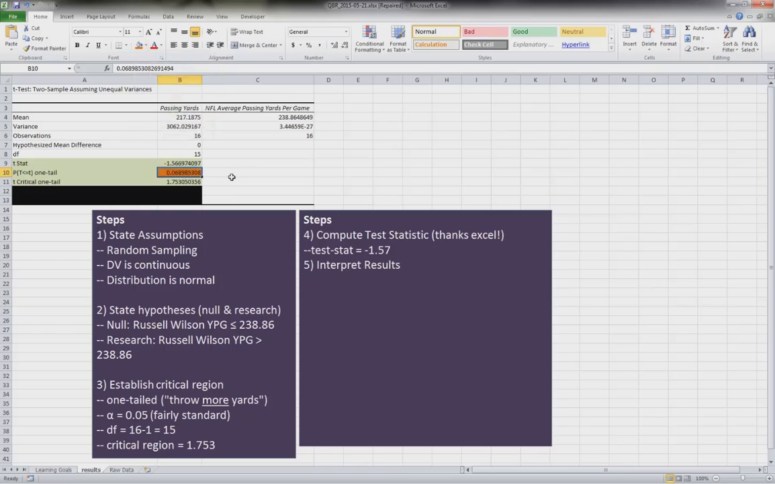If this is less than 0.05, then we reject the null hypothesis, right? Or to put it a different way, if this is less than 0.05, we accept the research hypothesis. So based on that, we can interpret our results. So we reject the null, or no, excuse me. We reject the research hypothesis, accept the null, and we can interpret this by saying something like